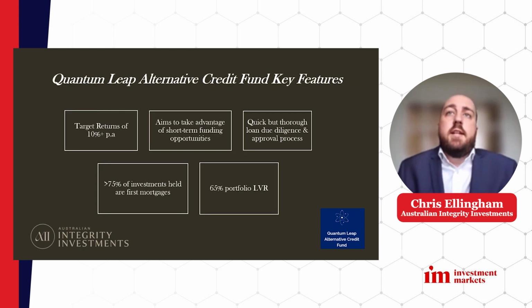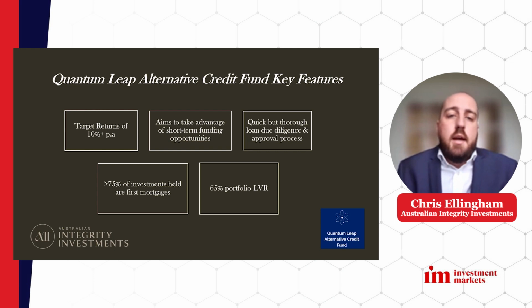So a couple of key features about the fund, which we're the investment manager for. It's got target returns of over 10% per annum. It aims to take advantage of short-term funding opportunities. So could be, for example, a bridging loan where a borrower has bought a property and is selling their property, but the dates don't quite match up. So they might just need to borrow money for 3 months, for example, and are willing to pay a premium